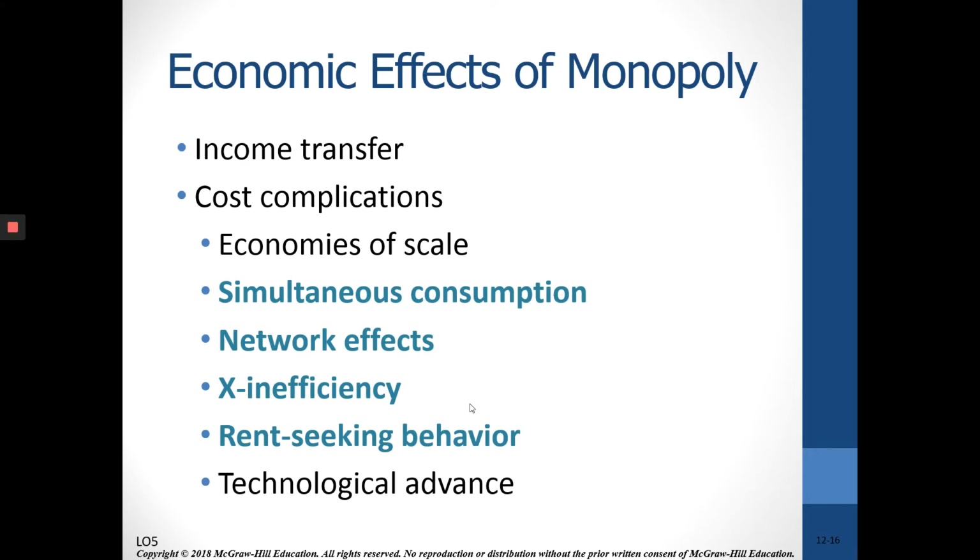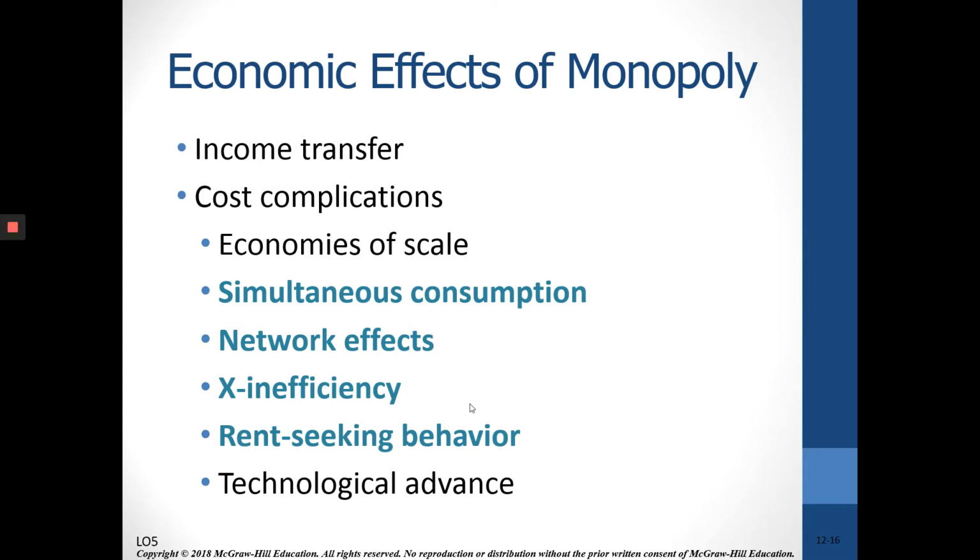Let's finish up the monopoly chapter, chapter 12, looking at the economic effects of a monopoly. They may be inefficient, which means they are producing at a cost higher than necessary. After all, they don't have any competition. And they may be rent seeking, but a lot of businesses rent seek. It doesn't necessarily have to be a monopoly. That just means asking for favors that are not available to everyone, like trade restrictions or certain tax breaks or